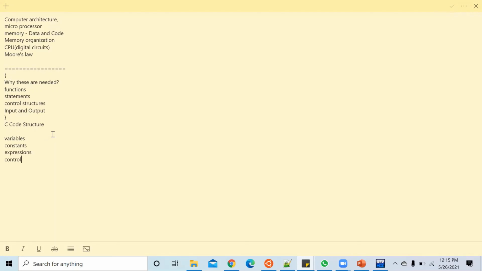Control structures. Here I gave you a brief detail about control structures, and here we are going to discuss them in detail. Then loops. Let us plan for these things for now.